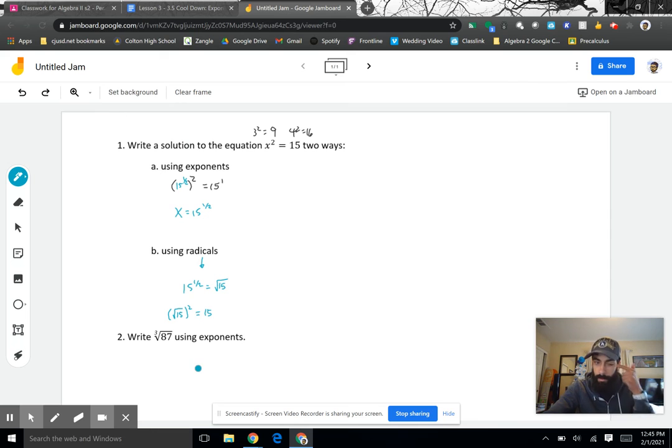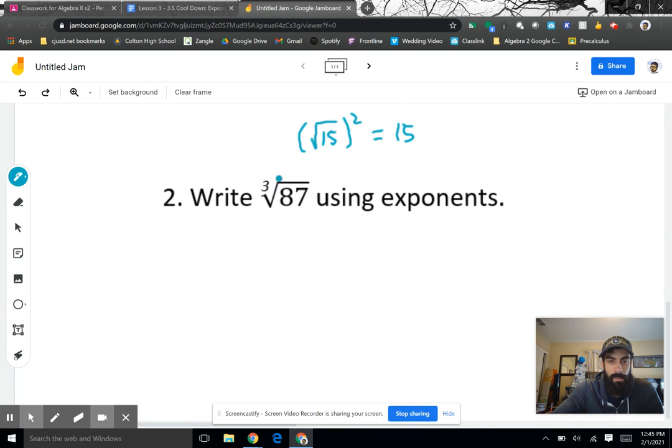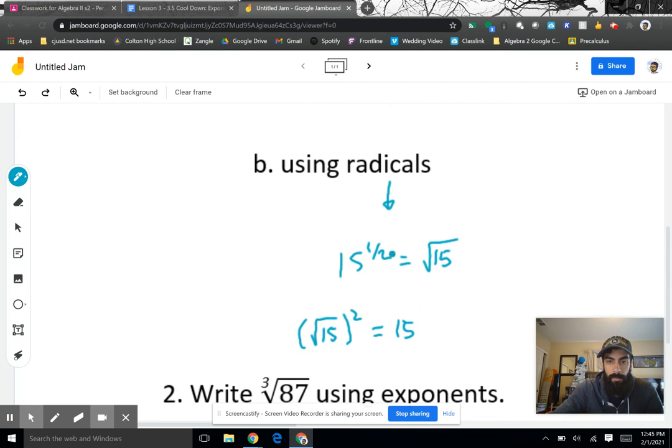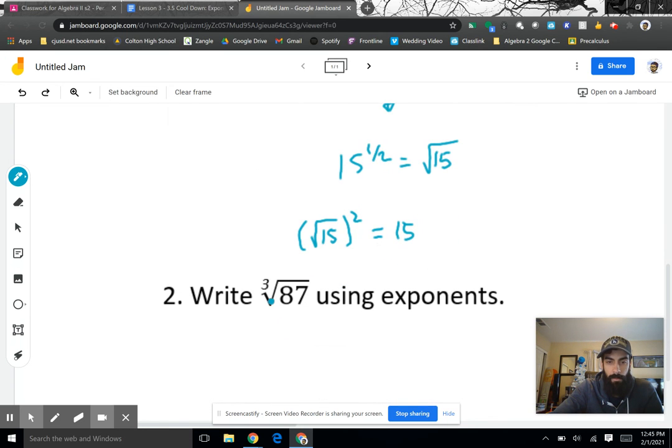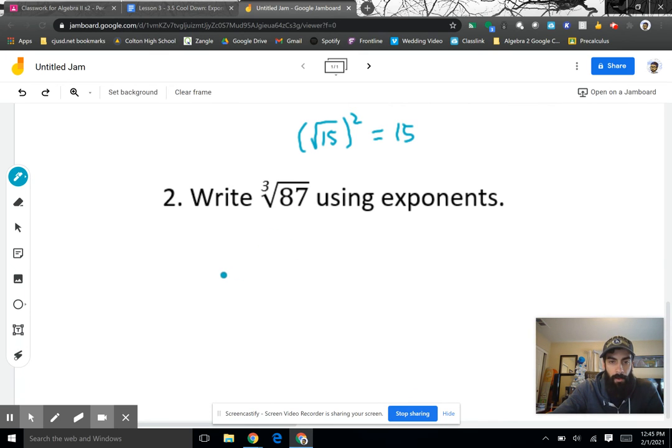All right, and the next problem says, write the cubed root of 87 using exponents. So we just mentioned this cubed root. Well, it's going to come across pretty similar to this. The square root of 15 was equal to 15 to the 1/2 power. Well, cube roots are the same idea, but instead of the 1/2 power, this 3 is going to tell us that denominator of the fraction. So when I have the cubed root of 87,